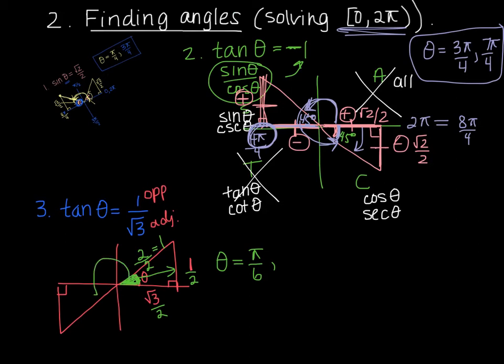And then I have to get to this other one. Well, it's also a pi over 6, but I have to think of it in terms of what quadrant it's in or how I get there. Well, I have to go past pi to get there. So pi in terms of 6 is 6/6. So I'm going 1 pi over 6 past that, or 7 pi over 6.